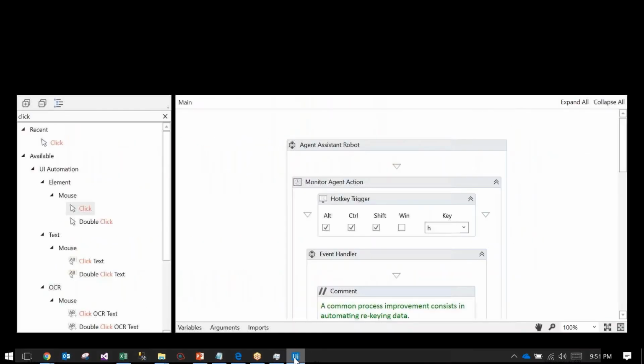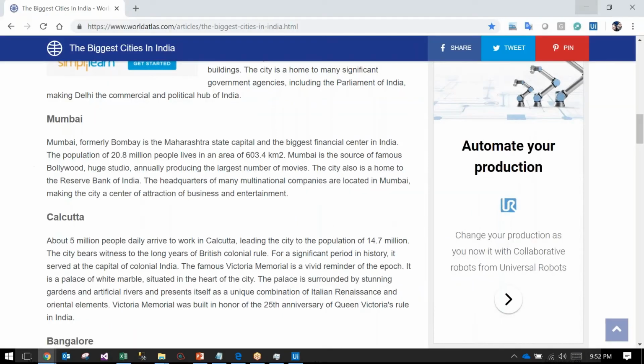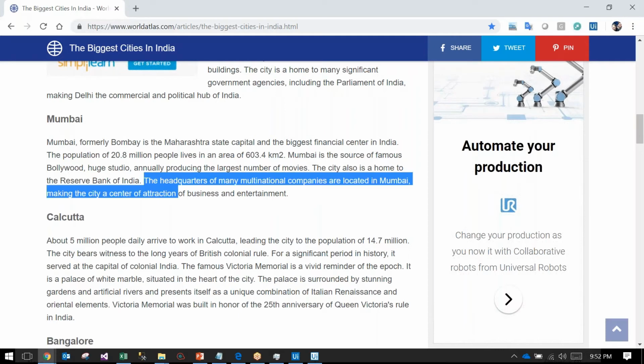We have to use Alt Control Shift H. Once the bot is running, I select the whole thing and press Alt Control Shift H.